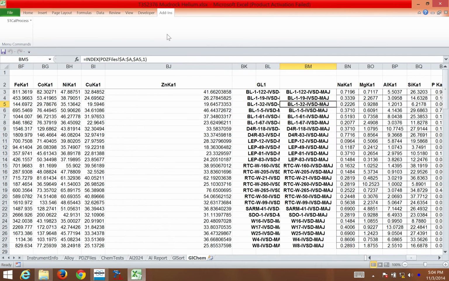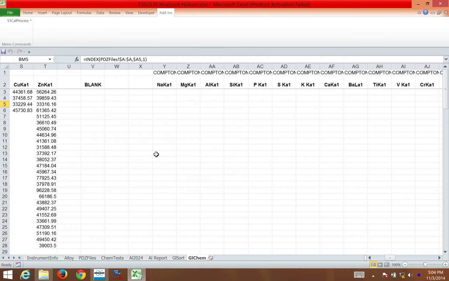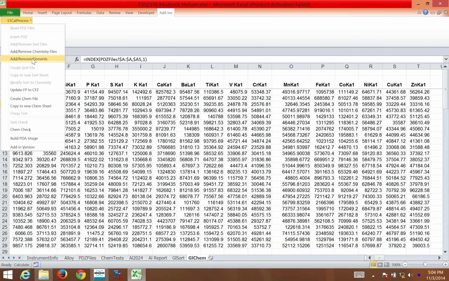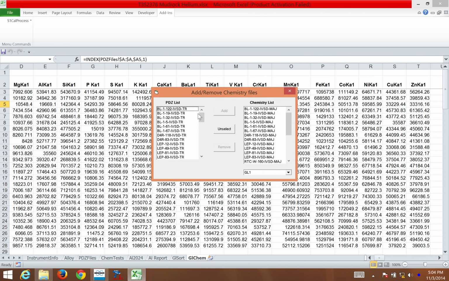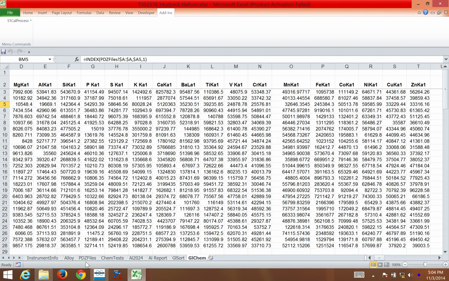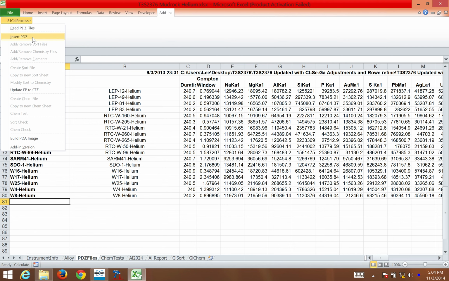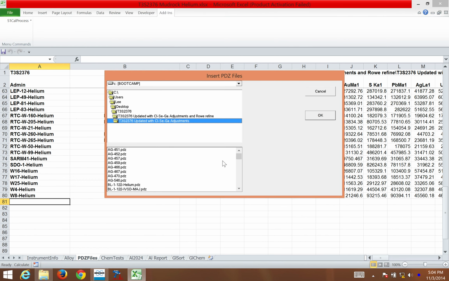Let's now go through an experiment, and we're going to do our quantification, but this time we're going to make 2 changes. We're going to add an element, we're going to add a chemistry file first. So in this case, I created for GL3, I want to add a new reference spectrum. To do that, I come over here to PDZ files, I come over to S1CalProcess, and I select Insert PDZ. Here, I created a spectrum under helium conditions. We're going to call it Test Edition. I click OK,